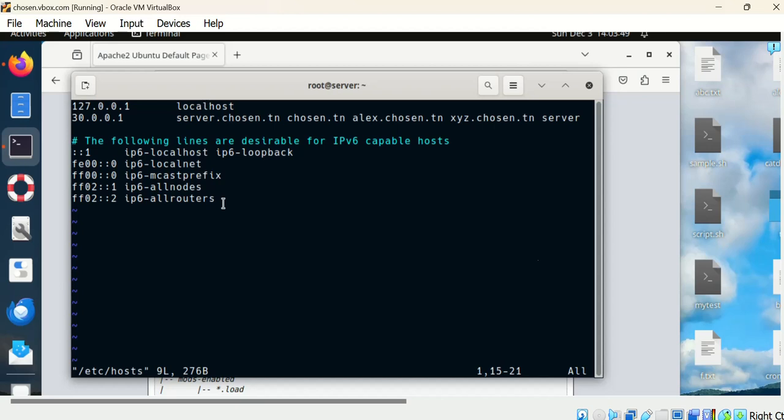Okay, so I have another additional adapter, and its IP address is 30.0.0.1. I have configured multiple domain names, one is server.chosen.tn, chosen.tn, and many other things that I've configured for virtual host configuration, which I'm not going to explain now. In your case, you can use 30.0.0.1 and give your own host name or domain name